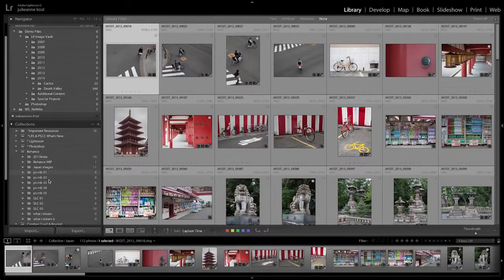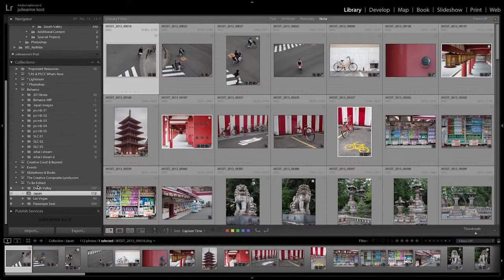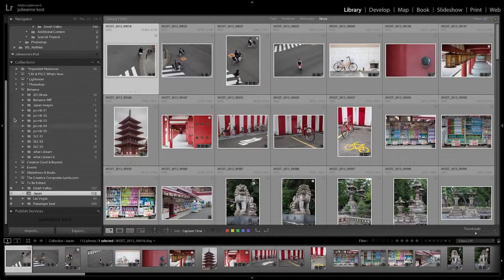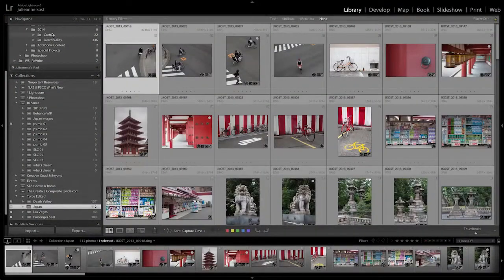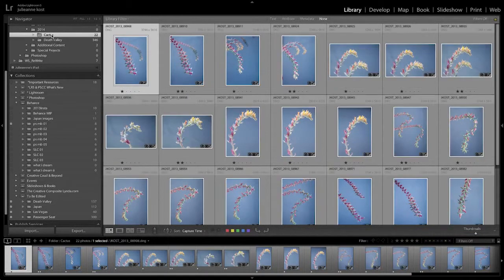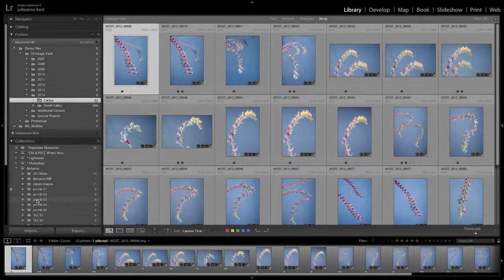Once you're signed in, you'll notice in the Collections panel that all of your collections have little empty boxes next to them. If you want to synchronize a collection in order to be edited on your iPad, simply click in that empty box. Now, I know some of you might be more folder organized and not collection organized, but it's really easy. If I have a folder like my cactus folder and I want to turn that into a collection, all I need to do is drag it down into the collection set and Lightroom will automatically make a collection from all of the images in the folder.